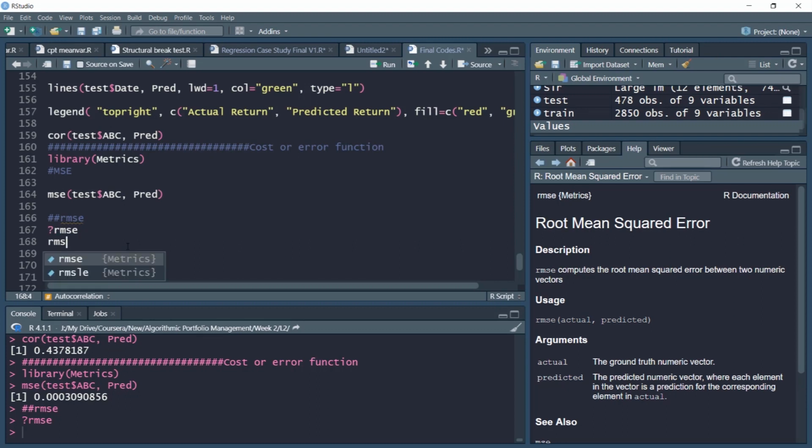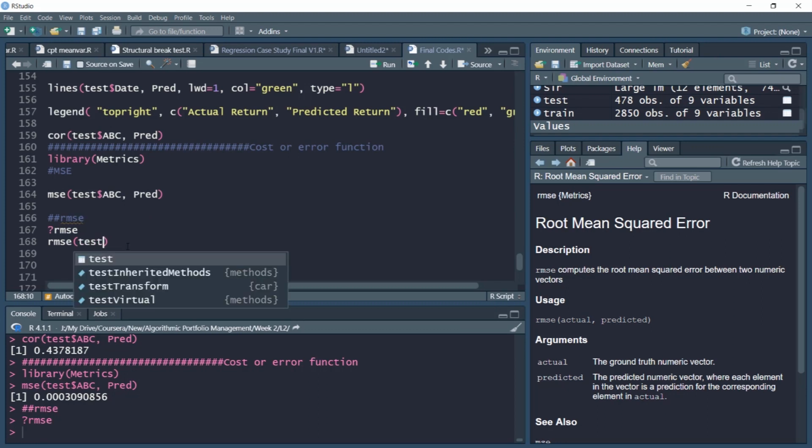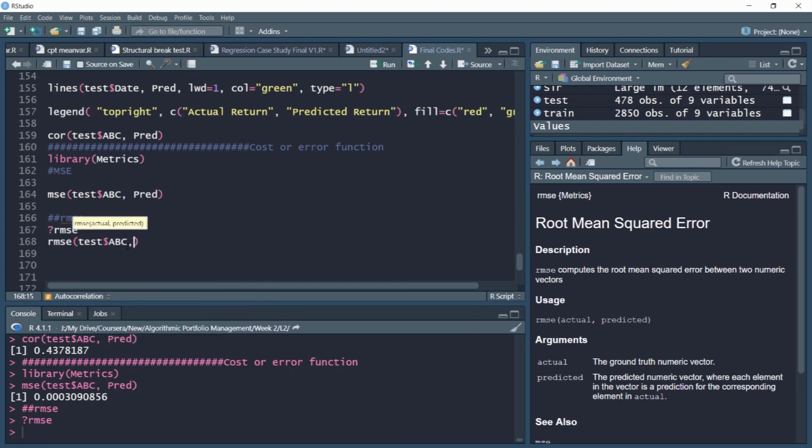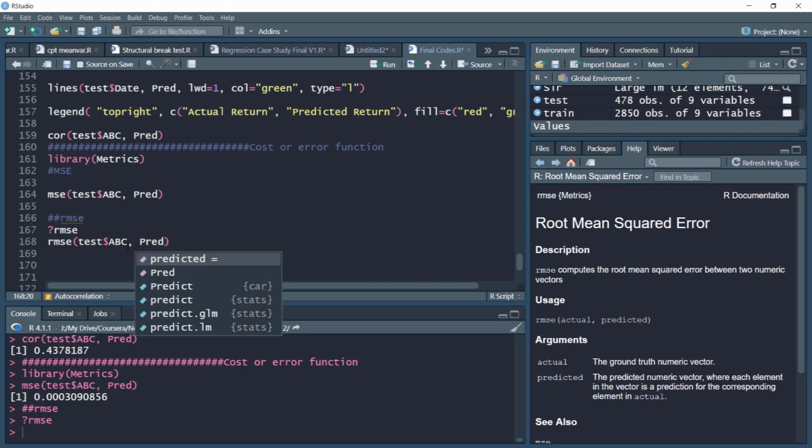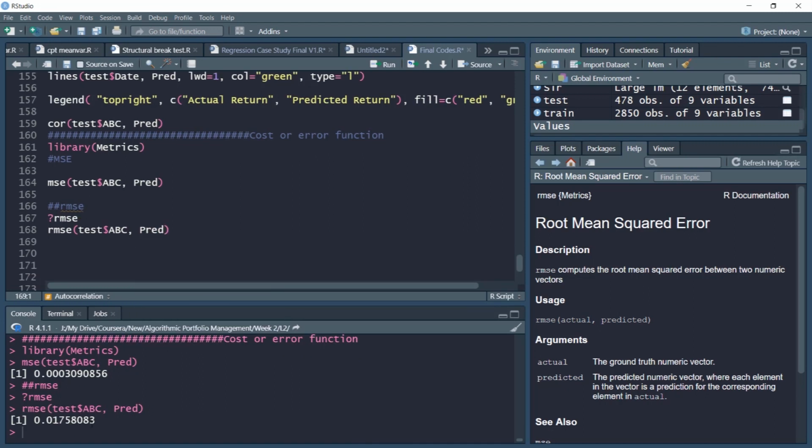Now, to implement RMSE in R, you simply need to type rmse(test$ABC, pred). You can compute this measure, and then you can compare it with other competing algorithms or models. You may have various other competing models, maybe multiple linear regression or some other variables you want to test, and then you can put them against this value of RMSE.